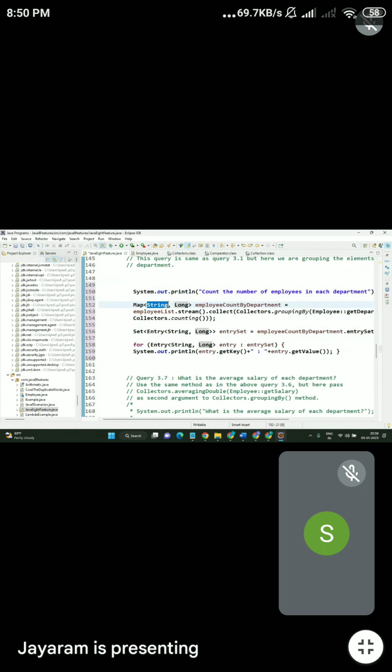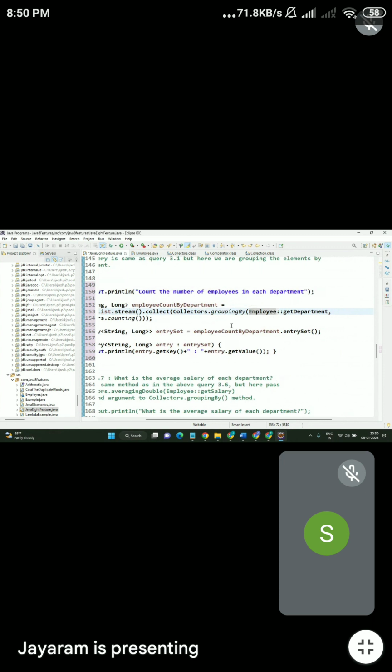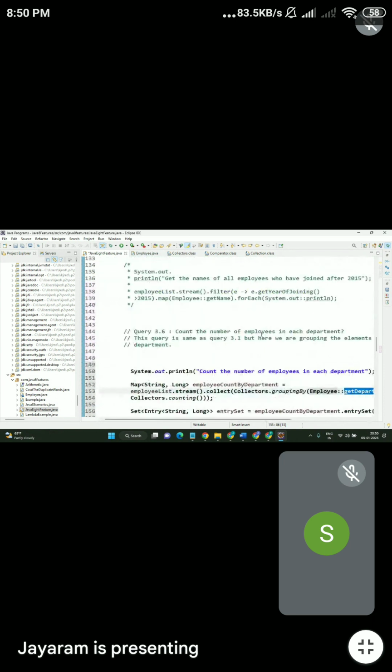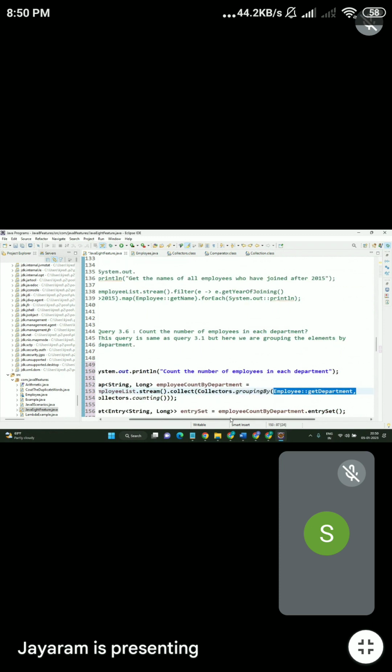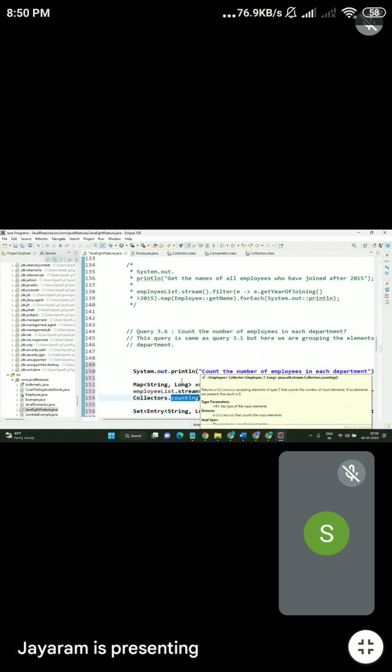So the same way here, Map String Long, and then employeeList.stream().collect(Collectors.groupingBy, and the employee method reference getDepartment. Why are we calling specifically getDepartment? Because they are asking to count the number of employees in each department. So that's the reason we are calling getDepartment. Okay, then